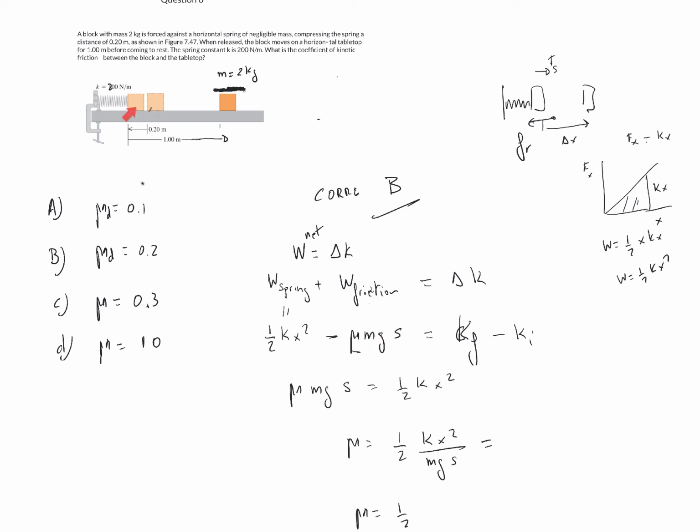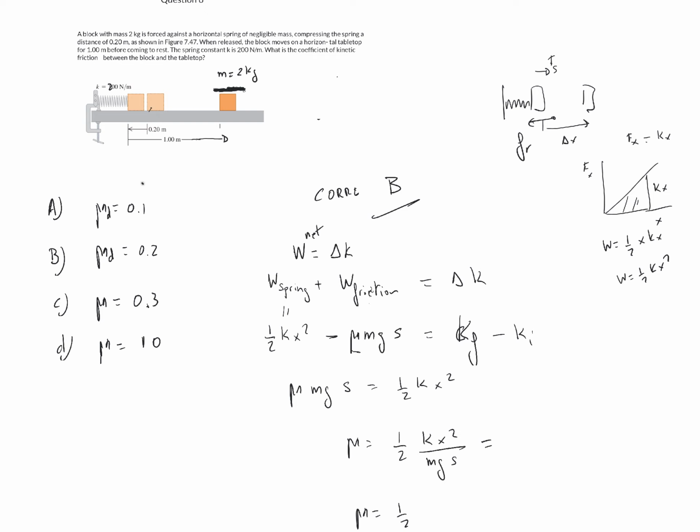The total displacement s is 1 meter. From here to here is 1 meter. So this is equal to the change in kinetic energy, final minus initial. Final kinetic energy is 0, initial kinetic energy is 0, so 0 minus 0 is 0. This produces an equation that says 1/2 kx squared equals minus mu mg s. So mu mgs equals 1/2 kx squared, so mu will be this value, 1/2 kx